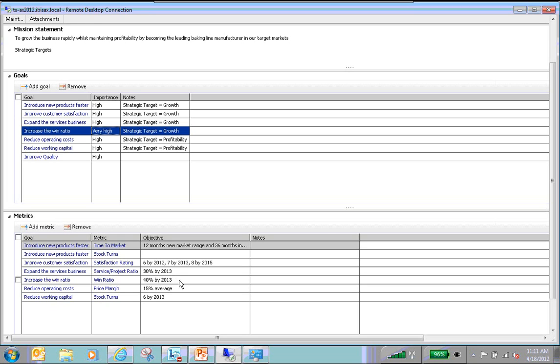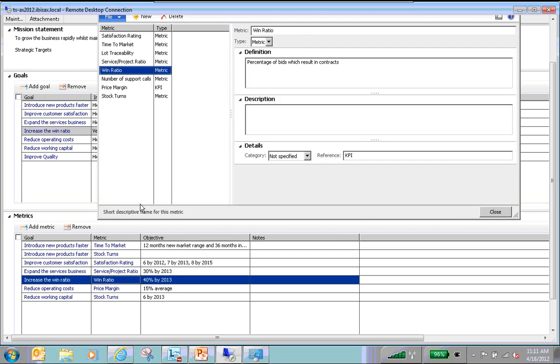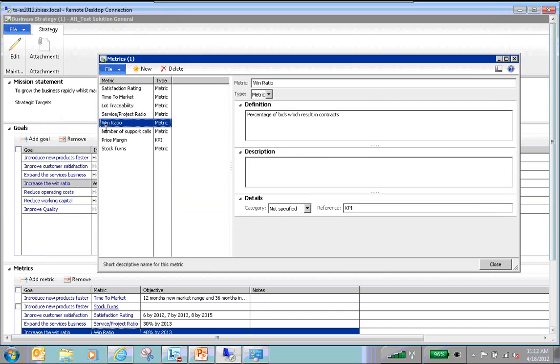And their objective is to have 40% by the year 2013. I can drill into these metrics to see more specifically how they're going to measure this using Dynamics AX 2012. So I'll click win ratio. It'll open this more detailed window, and they can further define it, add descriptions on how they choose to measure this. And then if I look at the details, I can see that they're going to be using a standard